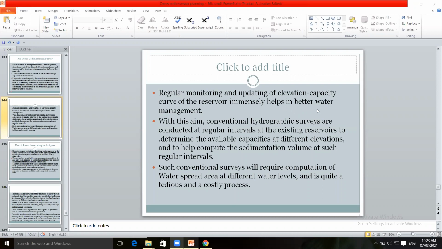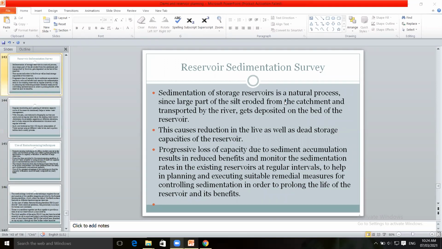in this month, or in 2 months, 3 months, or in one day, how much accumulation of silt in 1 day or 2 days, or in 1 week, 2 weeks. So you can observe its capacity, or observe the settlement of silt at the bed of the reservoir. By this survey, you can get an idea of the silting of the reservoir. This is known as reservoir sedimentation survey.